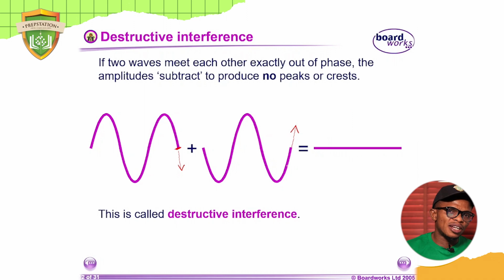If I'm to demonstrate this on a device called an oscilloscope, okay? Do you know what an oscilloscope is? You can see one in the hospital. You know that device used in checking the heartbeat, the pulse from the heartbeat, especially when a patient is in a coma, just to know if the person is still breathing or is still alive. That device, where you have a beeping sound and then something moving like a wave on the screen,